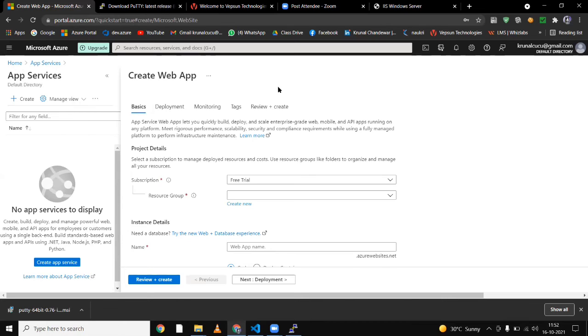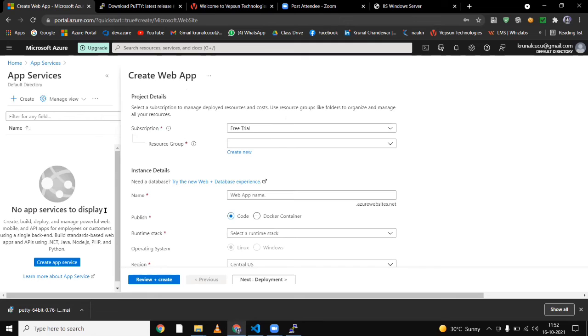Continuous integration means this is very simple. Like we did build, we tested, even we did the pipeline. As I told you, everything we did, that is continuous integration only. Continuous deployment is this single part. That is a web app, and that is very important.